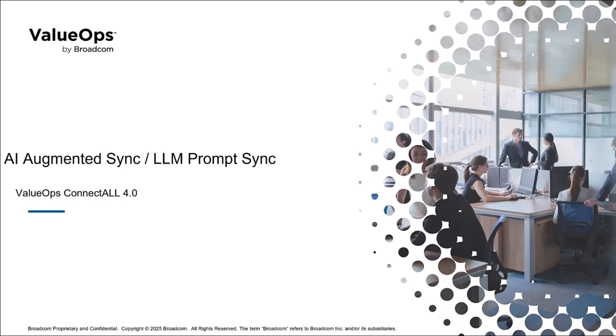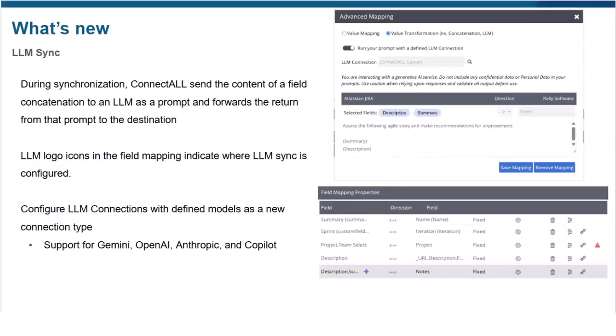Building on top of concatenation, we have AI augmented sync, or LLM prompt sync. This is ConnectALL enriched by AI. During synchronization, ConnectALL takes the content of the field concatenation and sends it to the configured LLM as a prompt, and then takes the return from that prompt and sends that to the destination